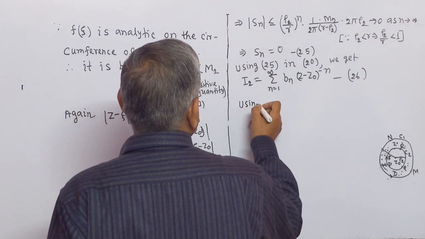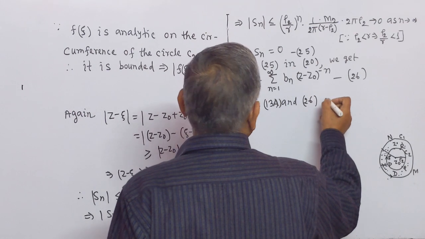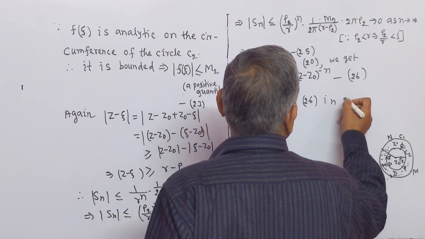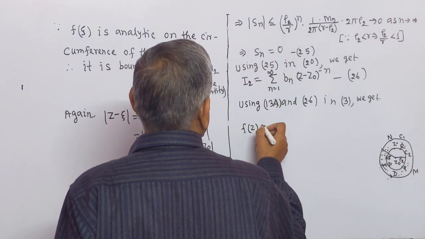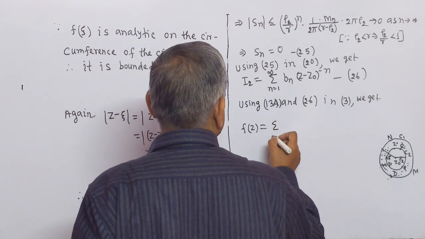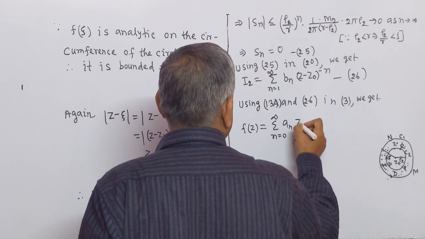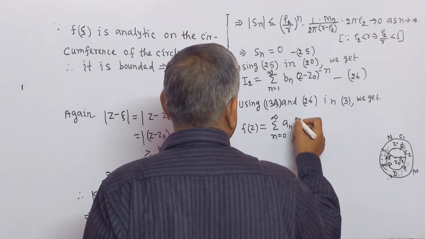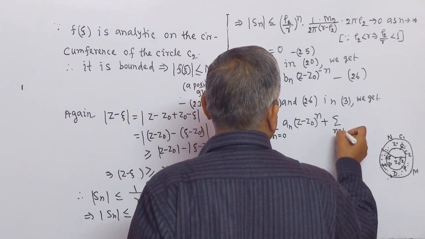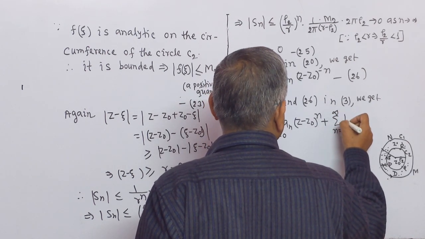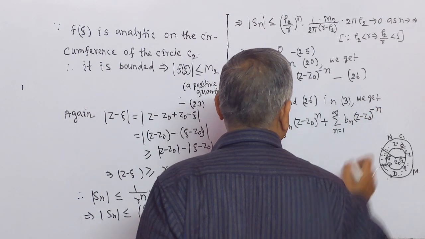Using 13a and 26 in 3 we get function of z equal to sigma n equal to 0 to infinity an z minus z naught whole to the power n plus sigma n equal to 1 to infinity bn z minus z naught whole to the power minus n, where